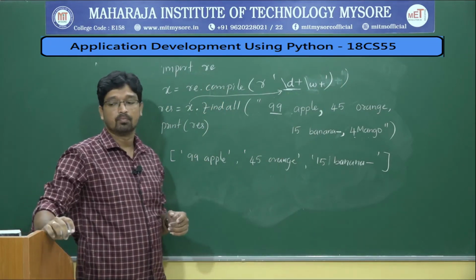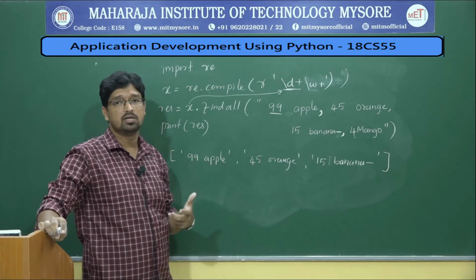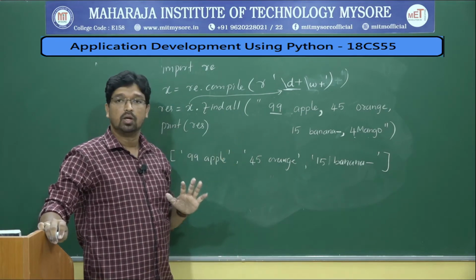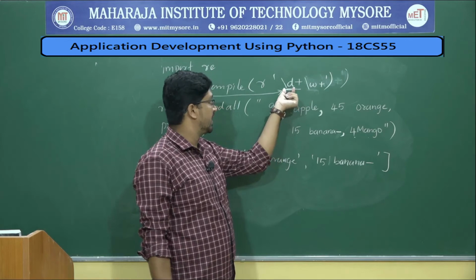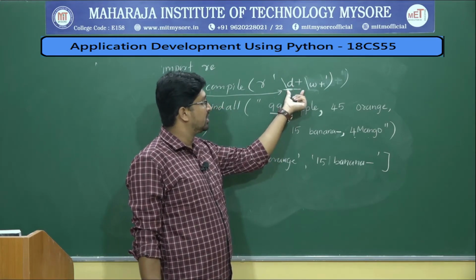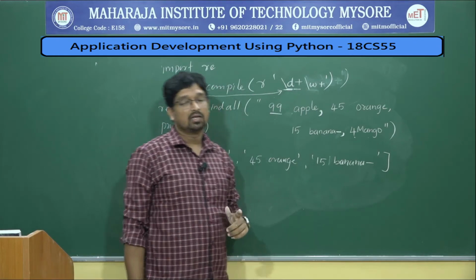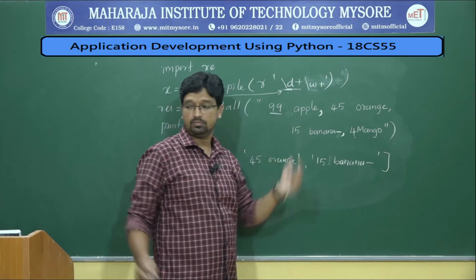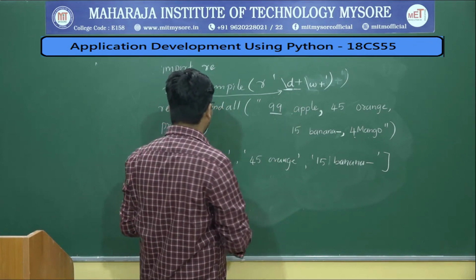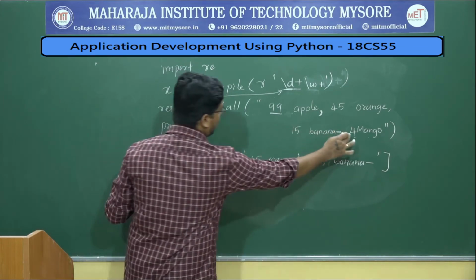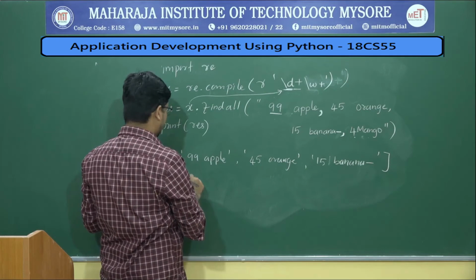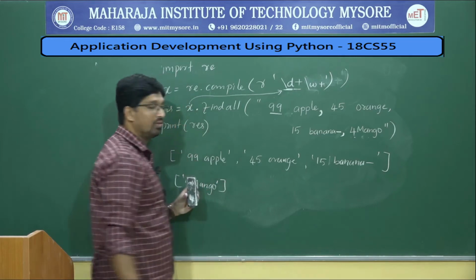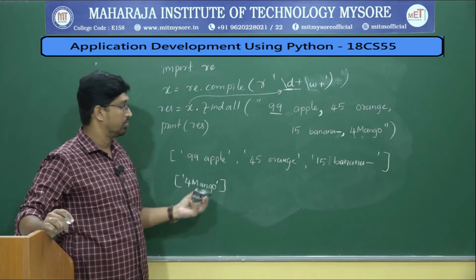Now what is the result for this input? Whether you will get apple, orange, banana, or also mango? No. As per this regular expression, it says any number of digits followed by characters, numbers, underscore. Any number of digits, but there is a space. So now the output will be only the mango, because it has number followed by characters. So you will get output as 4 mango. Yes or no?